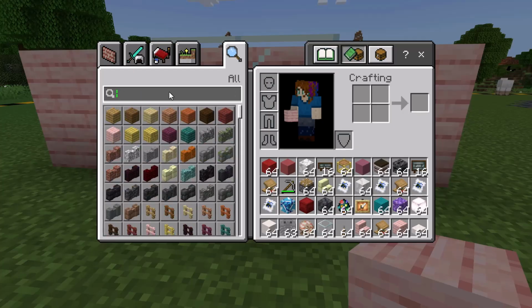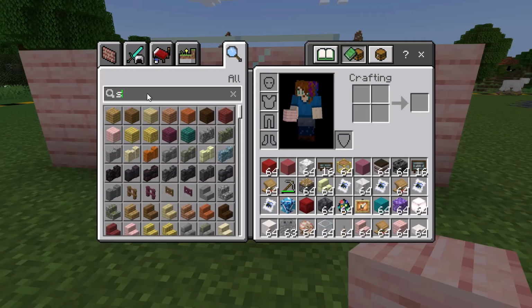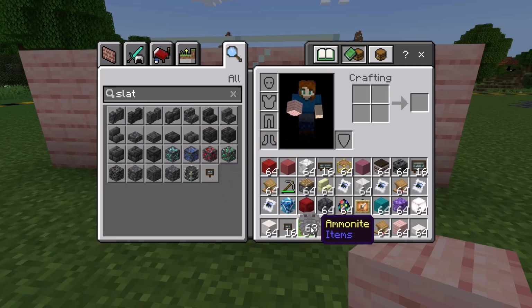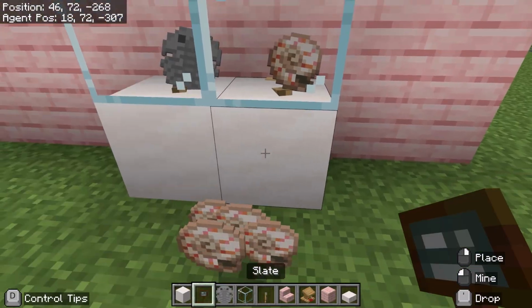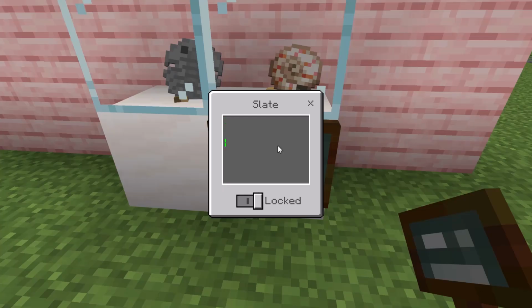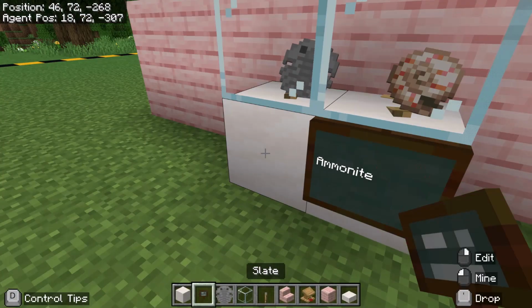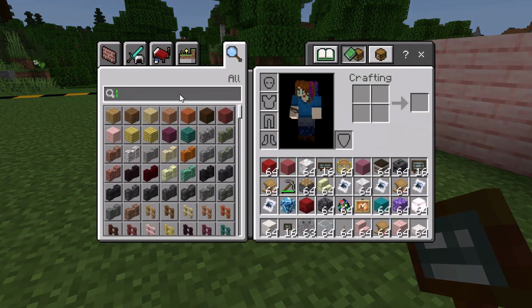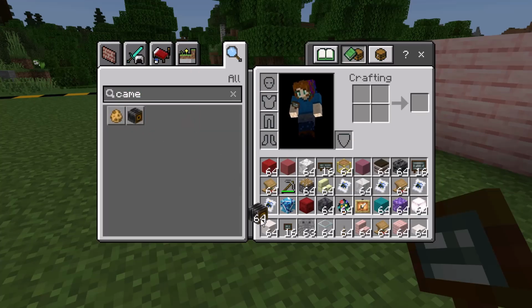We just need some labels for our case. So you could go simple. I like the slate for our case because it's nice and clear and high contrast. If you have a little bit more to say, you can do my favorite trick of using the camera and the book and quill